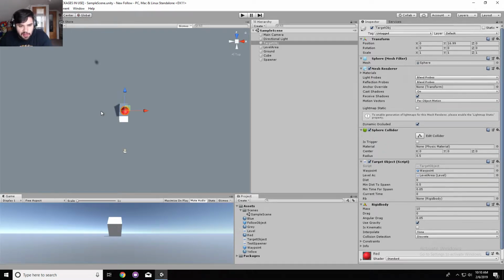Still working on that snake game that I was working on before. I decided that the system I had in place, the script that allows the body segments to follow behind the head, was not exactly what I wanted. The issue I had with it was that the body segments would